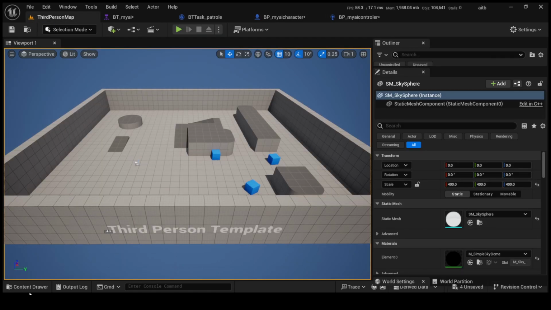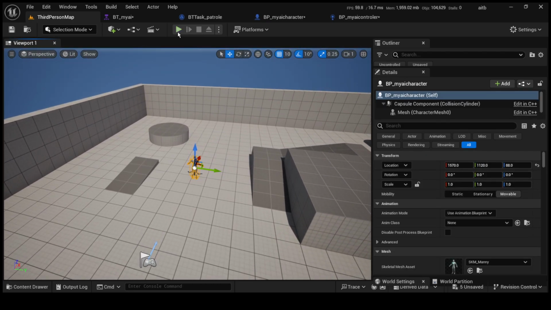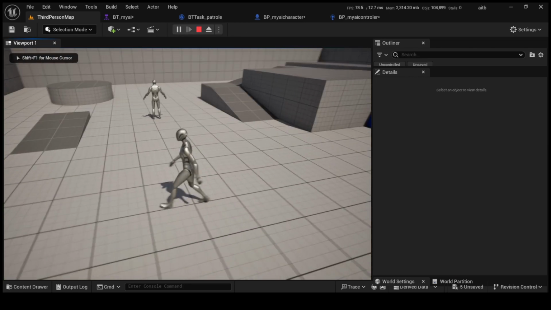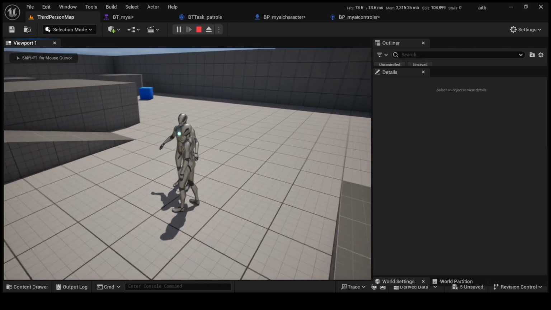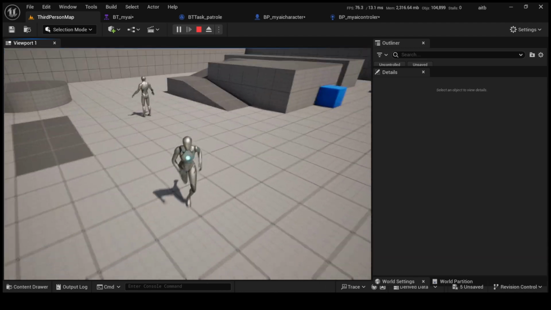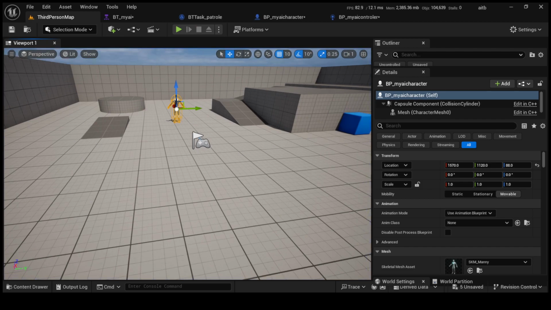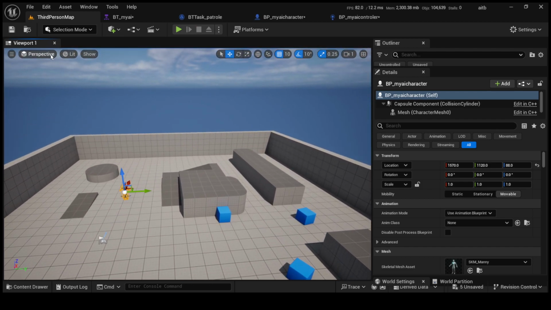So let's test this out. We're gonna spawn it in the world and let's run this. As you can see, the AI character doesn't move. That's because he doesn't have a navigable space. So what we're gonna do is